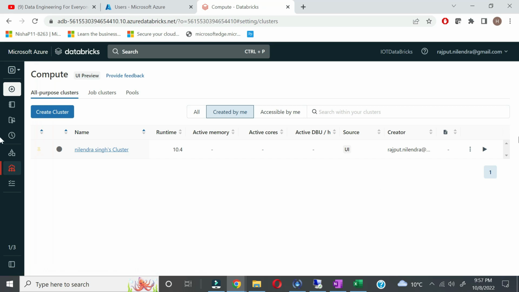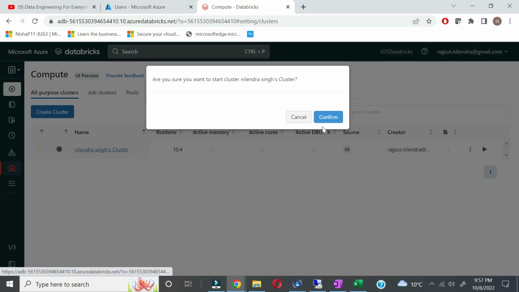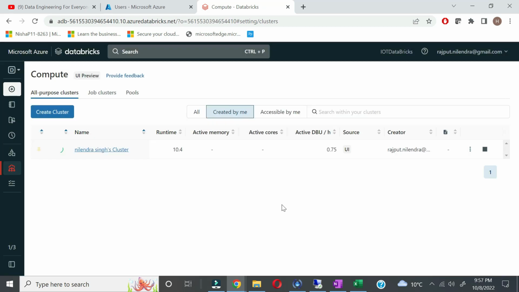The cluster is already here. Okay, anyways, let me confirm it. So basically, you remember we have set the setting that the cluster needs to be stopped if it is inactive for 15 minutes, and that's why it was inactive, right? So let's wait for maybe 1 or 2 minutes and it will be up, and then we will be creating